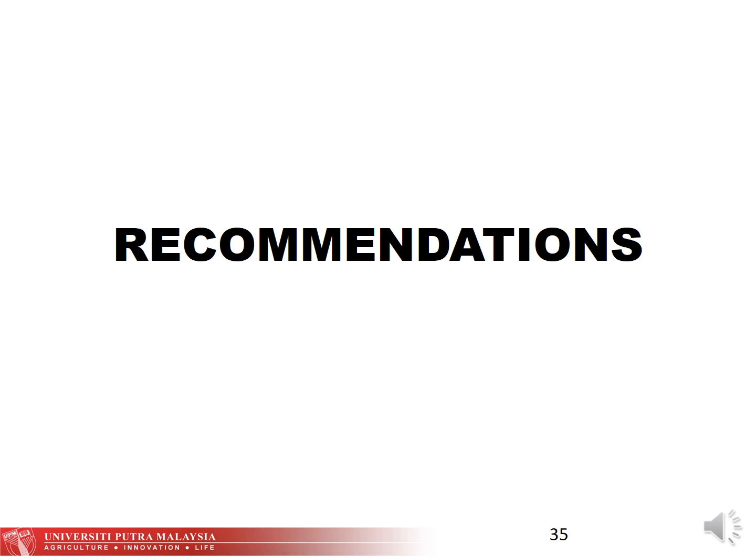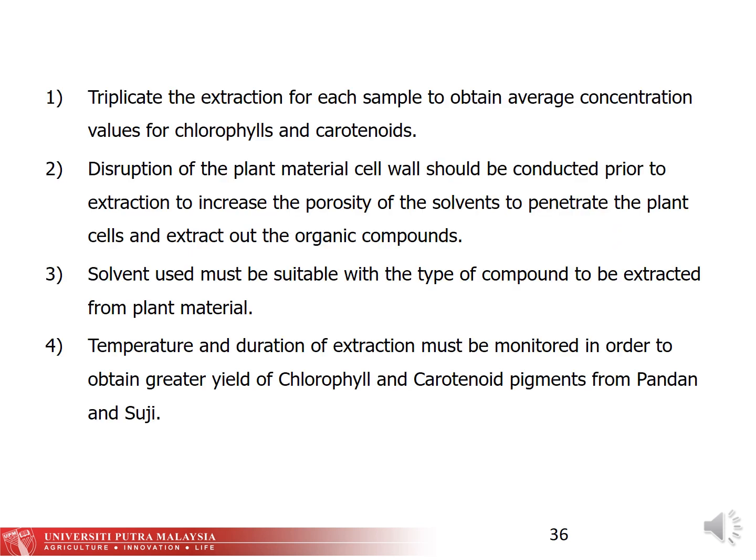As for the recommendations, firstly, each sample should be triplicated for extraction to obtain average concentration values for chlorophylls and carotenoids. Second, the disruption of plant material cell wall should be conducted prior to extraction to increase the porosity of the solvents to penetrate the plant cells and extract out the organic compounds. Third, the solvent used must be suitable with the type of compound to be extracted from the plant material. And finally, the temperature and duration of extraction must be monitored in order to obtain greater yield of chlorophyll and carotenoid pigments from pandan and suji